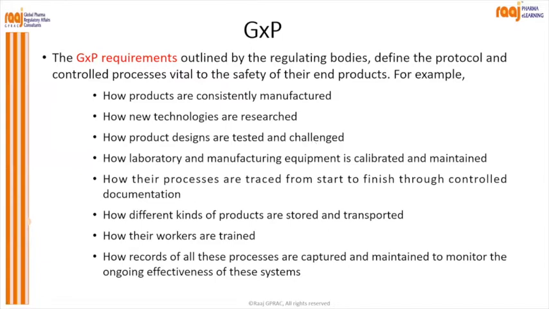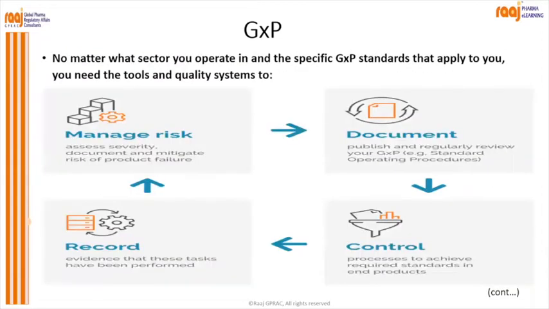Then how the workers are trained, how all employees, staff, workers, right from the layman are trained. That is also equally important when we talk about the GxP requirement. Then how records of all these processes are captured and maintained to monitor ongoing effectiveness of this system. So no matter what sector you operate in, the specific GxP standards that apply to you, you need tools and a quality system to manage your risk. So always whenever you get your facility audited, the auditor will always see how